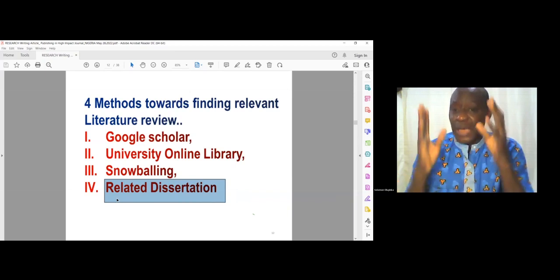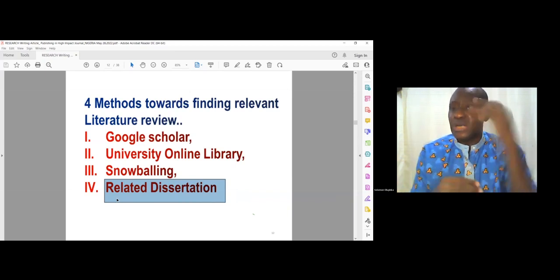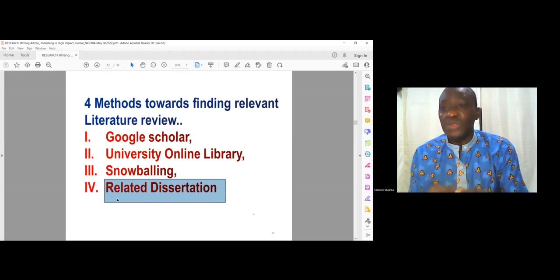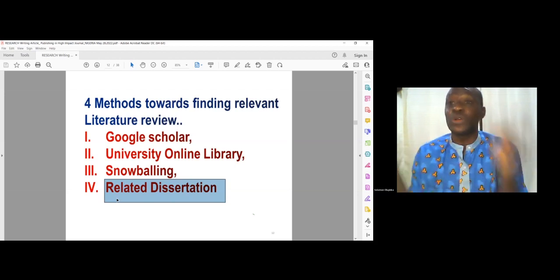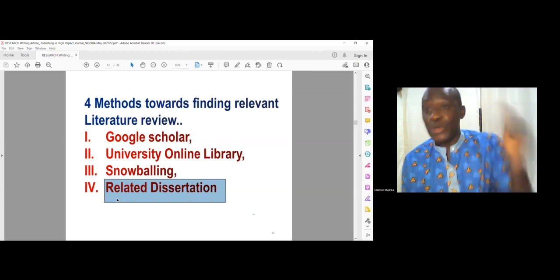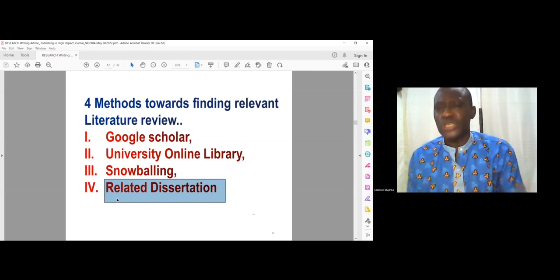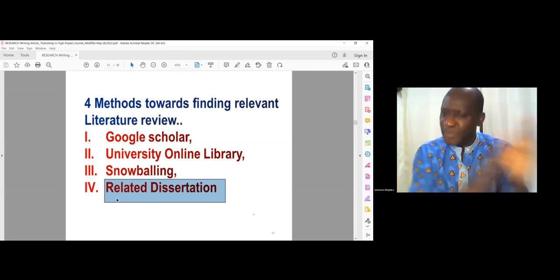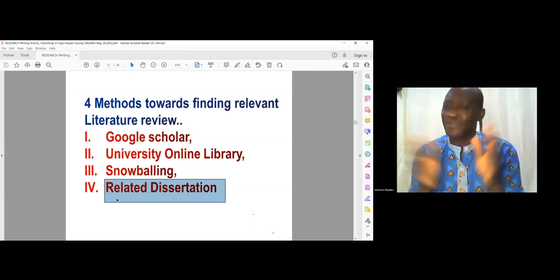So guys, I'm advising you, you get related citation, maybe even if it's copy paste, fine, plagiarism check will check your copy paste. Sorry, I'm speaking Yoruba, I'm talking about copy paste. When you copy, don't worry, keep copying. You will do the plagiarism check and then you will finalize your work by yourself.